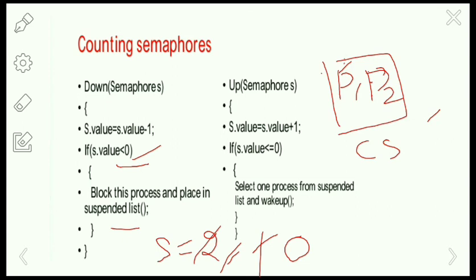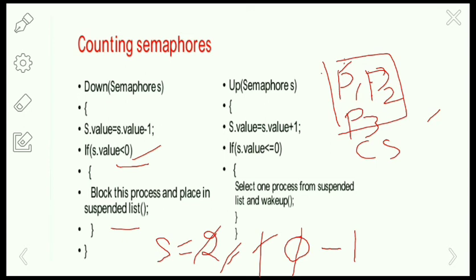Since the semaphore value is 0, it will decrement the value by 1. So 0 will become -1, and the process P3 will enter the critical section.